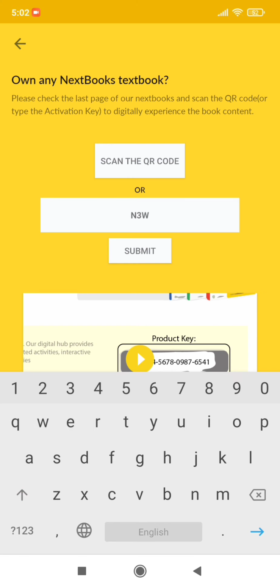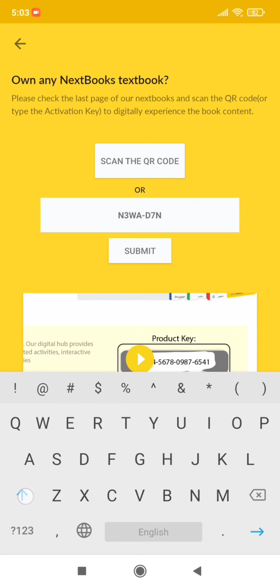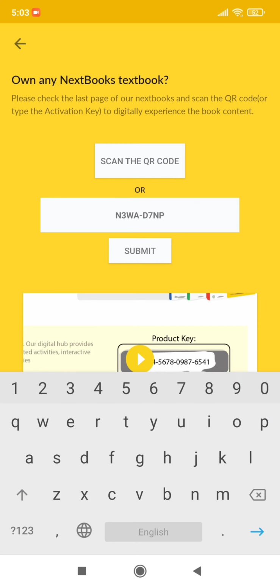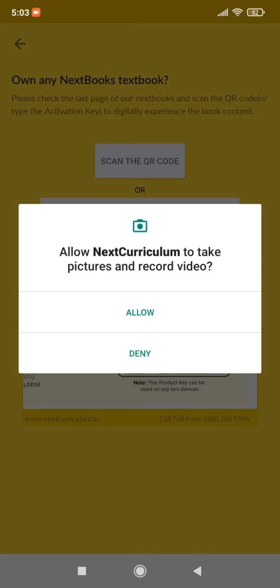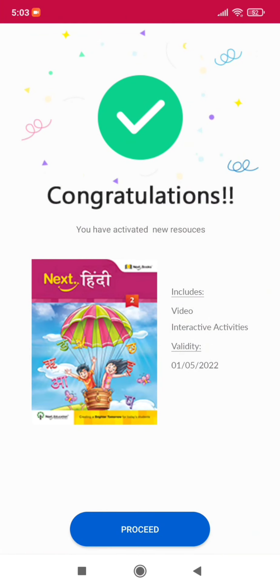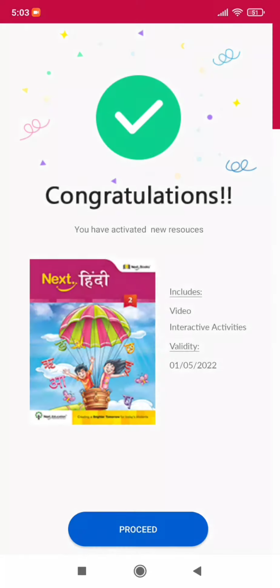N3WA, D, next is 7NP. Okay, so here is this and now I'll scan. I will just allow it and then see here. Within a second you got this. Congratulations. So now we will proceed.